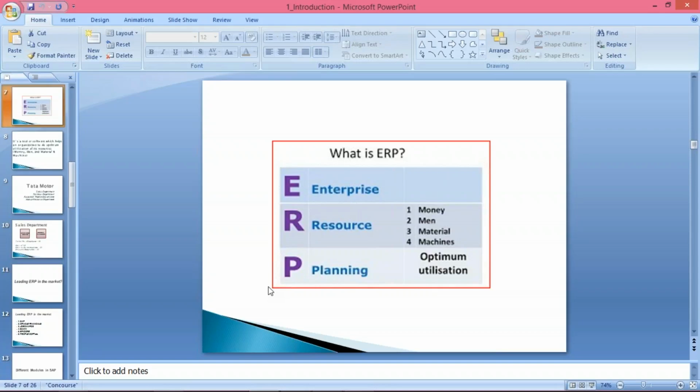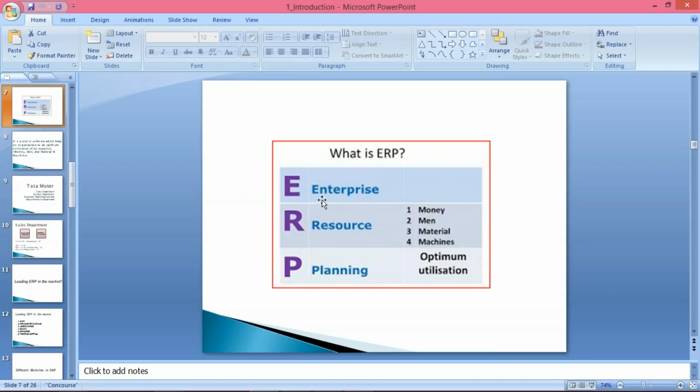Of course, employees are required, that is manpower. Machines are required to produce certain things, and for producing things, materials are also required, and money is also required to run this. These are the four major elements required to run an organization. This is called 4M: man, money, material and machines.